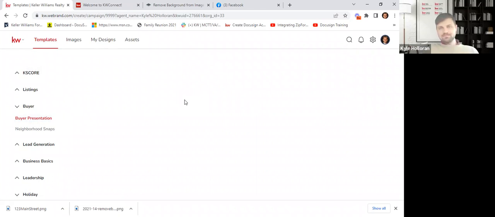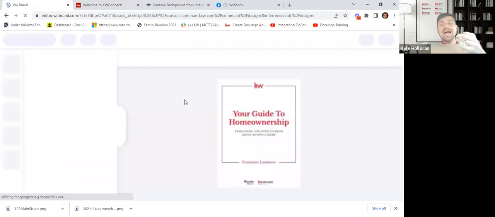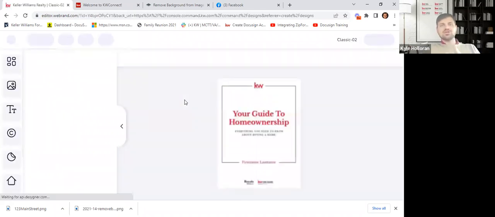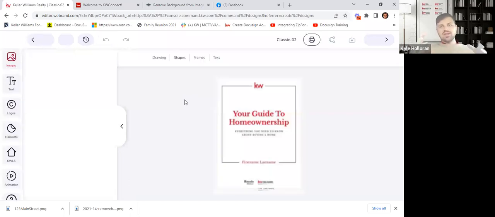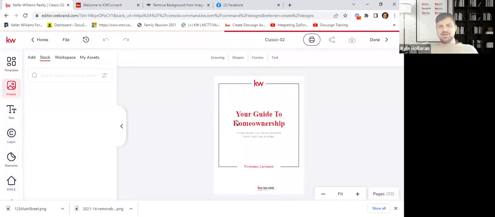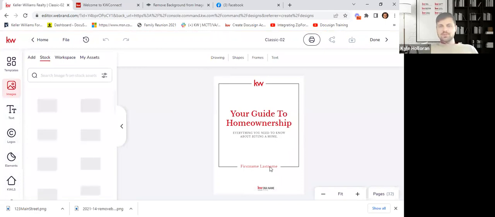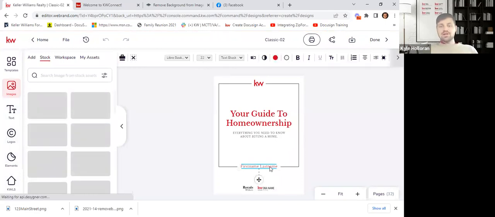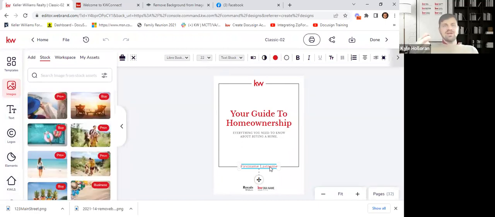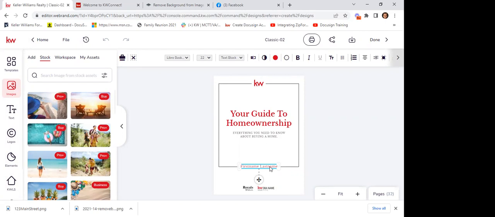here's your buyer guide. All right. Now you need to edit some of these things. These are not just print them out and go. Spend a little bit of time and you can customize these things. But check this out. So your guide to home ownership, if I wanted to, I can come in here and actually edit this and say, for Clarissa Lewis. So when I meet with you, I have a professional buyer guide that's got your name on it. How cool is that? Yeah, thank you. That's exactly what I was looking for.